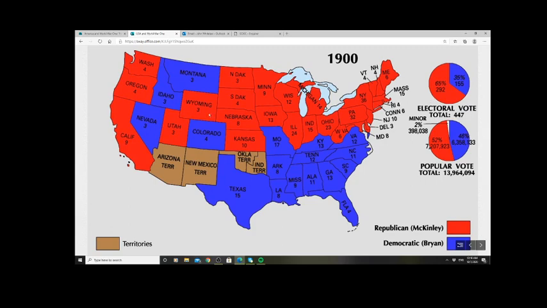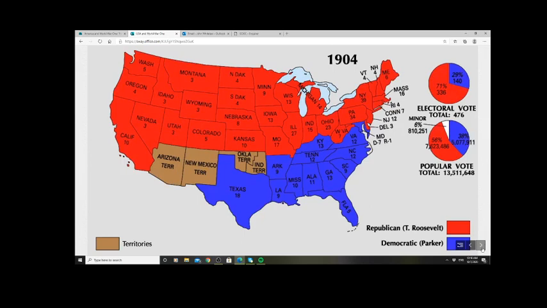And he takes different parts of the country. He doesn't do so well in the south, which is really still the Democratic stronghold, and the candidate William Jennings Bryan swallows up most of the south, but not enough to even come close to winning this election. McKinley is assassinated a year after the election by an anarchist, and is replaced by Theodore Roosevelt, or